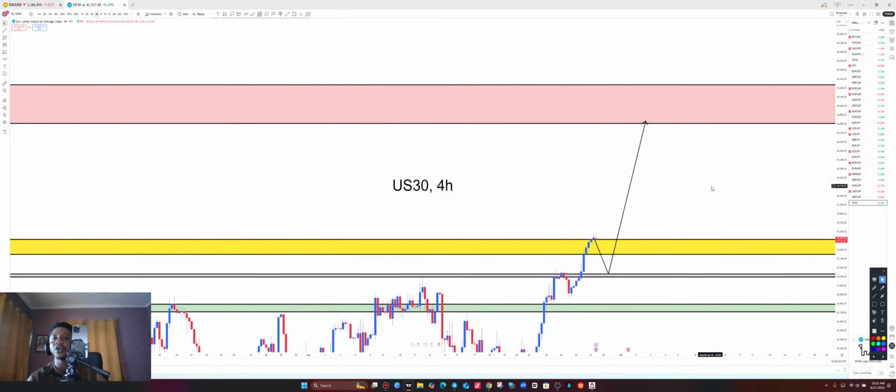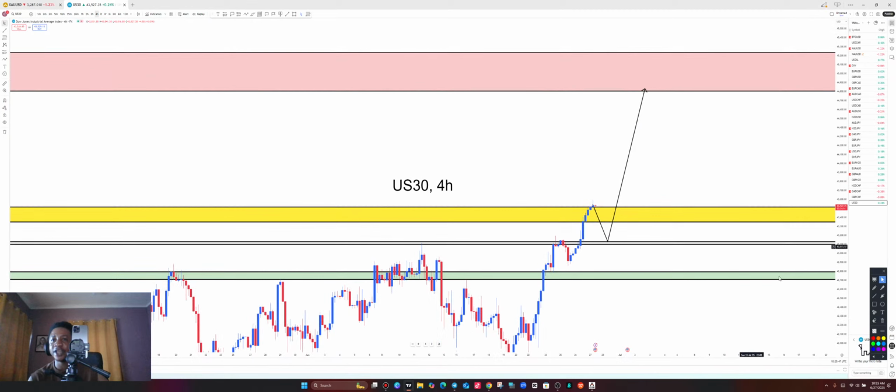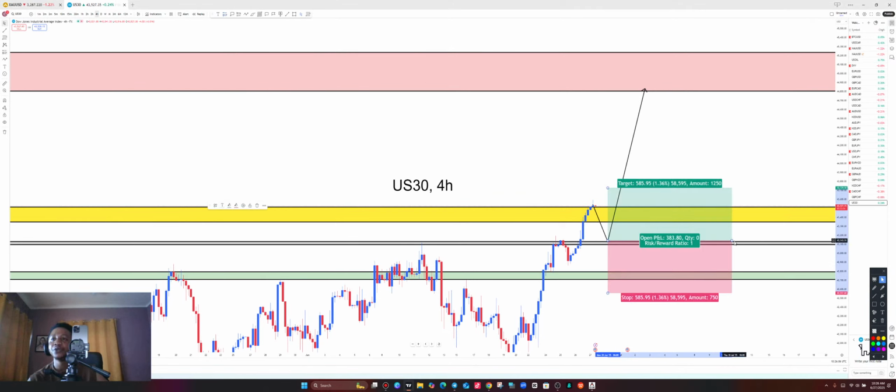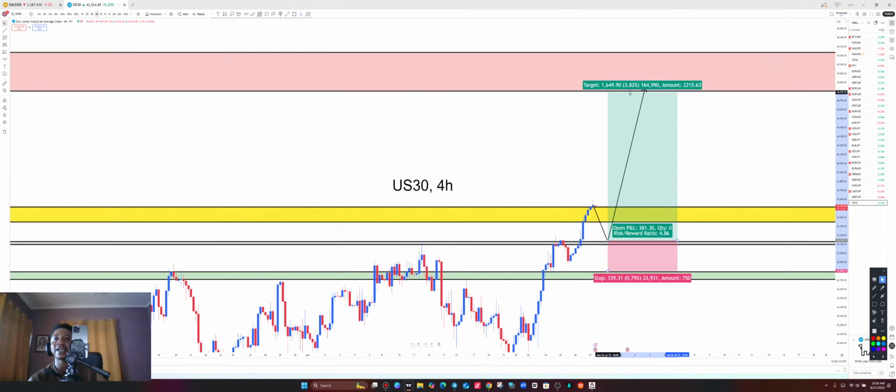So this is US 30 on the 4-hour time frame. Now on the 4-hour time frame, this is the setup on US 30. On the 4H, we have the 4H mid-range over here. Price is up on the 4-hour time frame. We've seen higher high, higher low, higher high. We're expecting a higher low to complete before we can buy again to the upside on our US 30. So this is going to be our full and complete technical analysis. Immediately price completes the retest, wait for candle confirmation, and then we will buy all the way to the upside on US 30. This is our full and complete technical analysis.